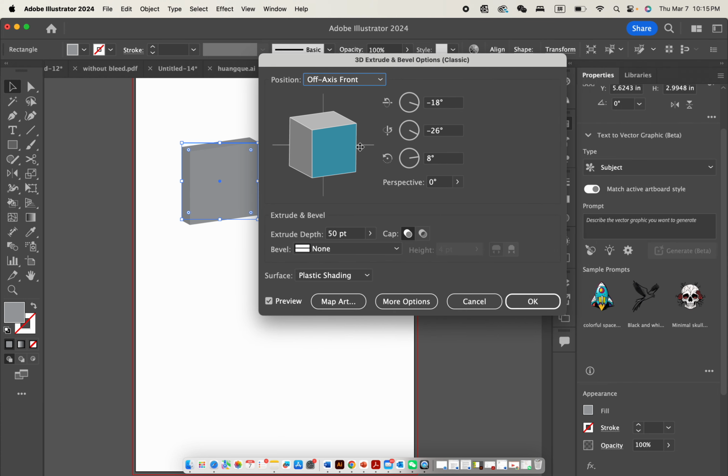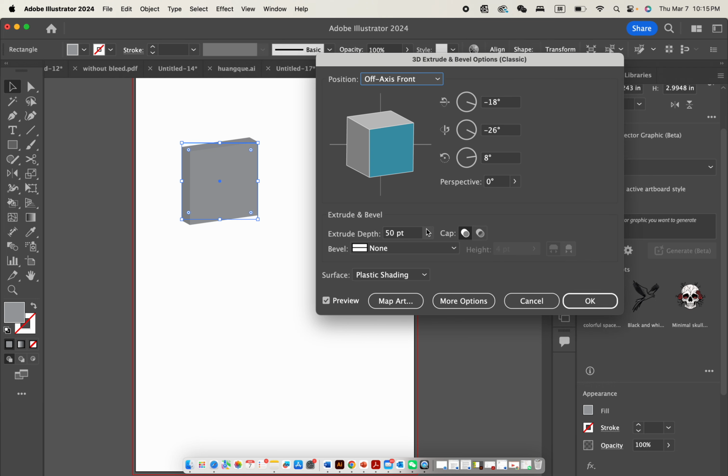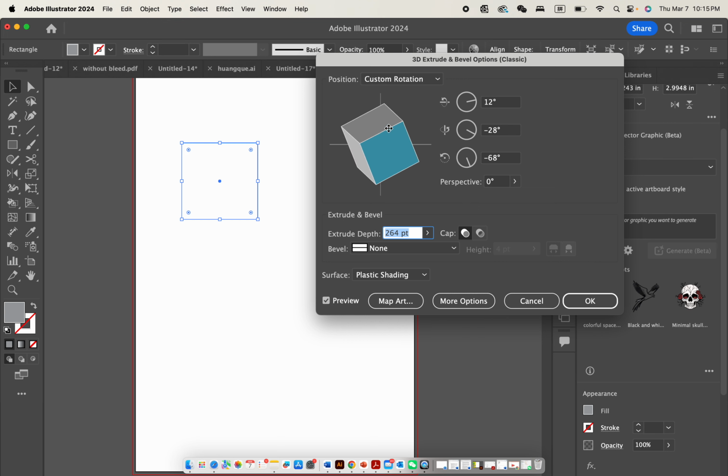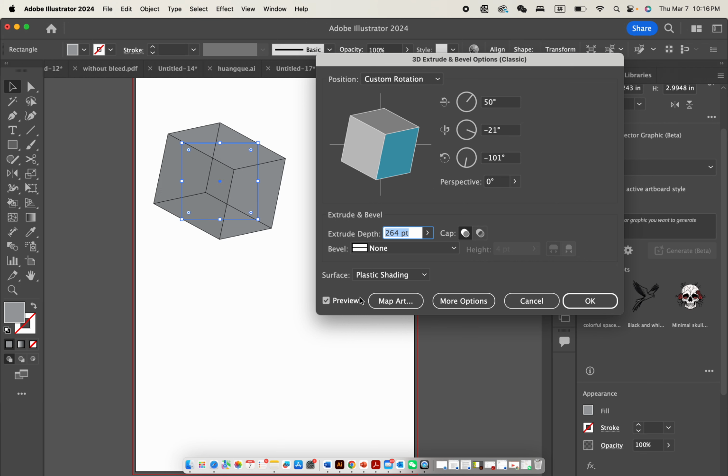So this is how you create the 3D effect. You can hit extrude depth to increase the depth, and you can click on the cube and move around. You can see there are different sides, different surfaces of the cube. So once you are done, you are going to hit map art,